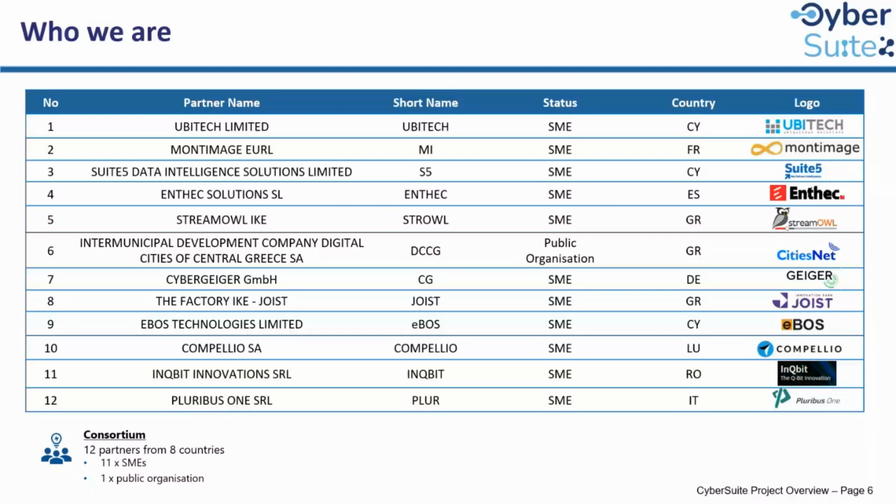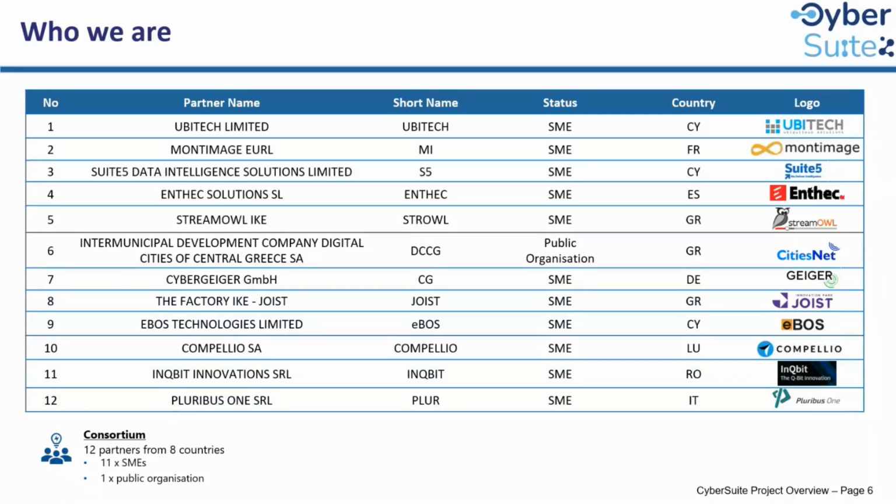Our consortium is strategically structured to cover a full range of competencies and roles essential to CyberSuite success. To give you a more detailed view, the tool providers include Ubitech, Montimage, Suite 5, Enthec Solutions, EBOS Technologies, Compelio, inQbit Innovations, and Pluribus One. The use case demonstrators are Suite 5 for the energy sector, StreamAll for railway monitoring, DCCG for digital health, and